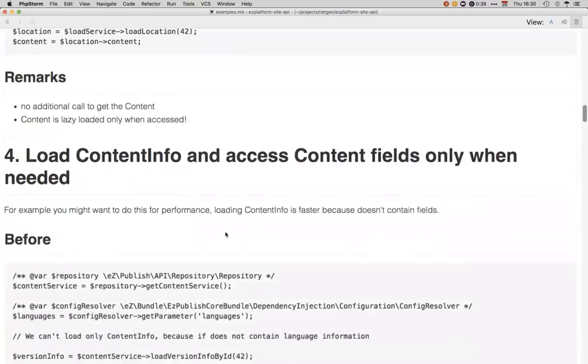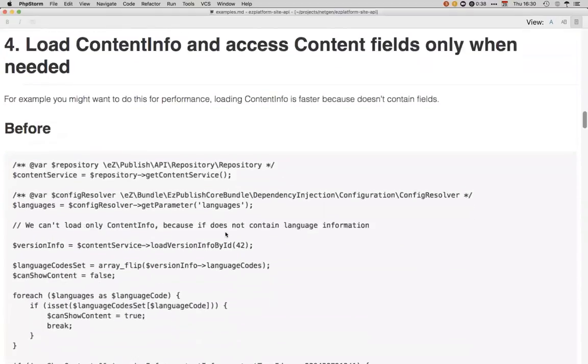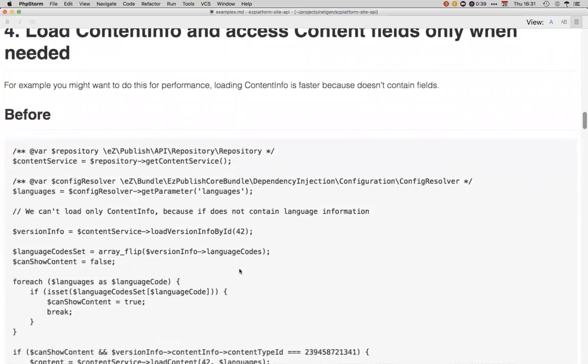Okay, another example: you know that with the repository API you have content info. It contains only the metadata for the content. It does not contain fields, and it exists because the loading of fields can be very heavy. It can be time consuming. So in some situations, you want to go first to the content info and then determine if you need to load the content, and only load it if you need it. So for example, to do this with the repository API,